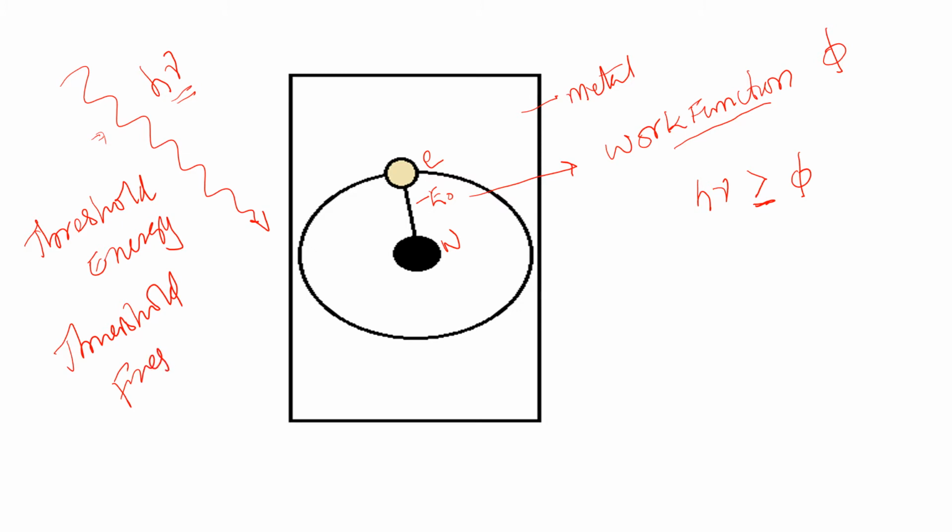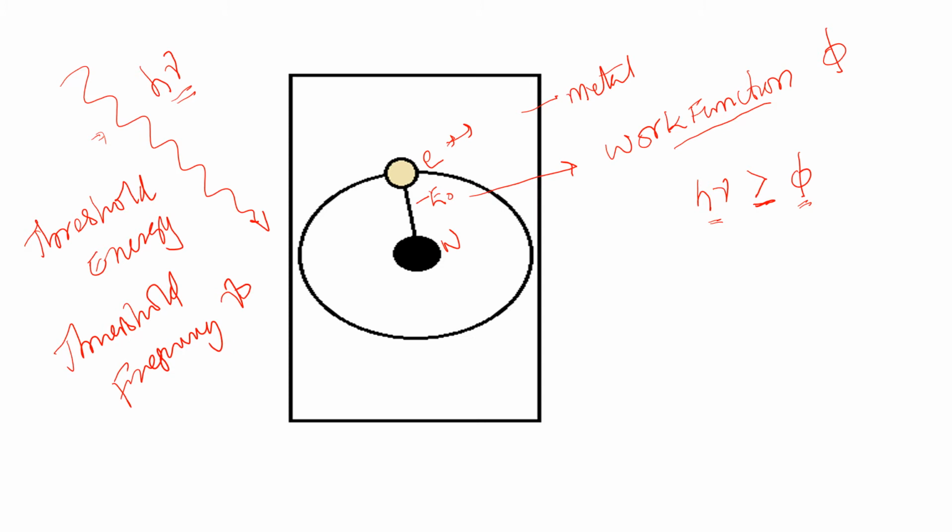Threshold frequency nu naught. So we know that if h nu is equal to phi, the electron will be just removed, and if it is greater than phi, that is the work function, it will be removed as well as moving with some velocity. That means if the incoming energy h nu is greater than phi,